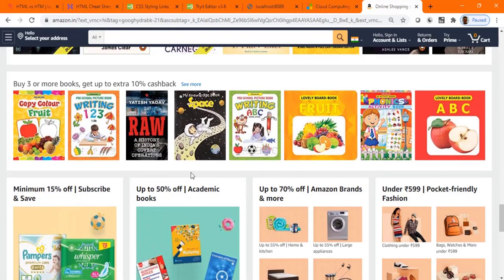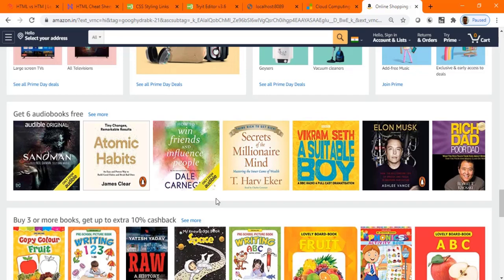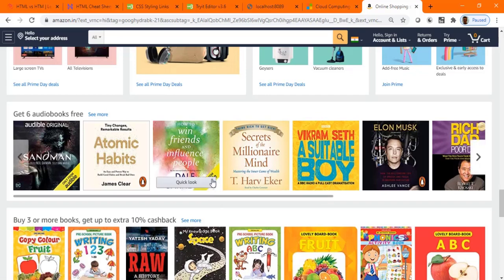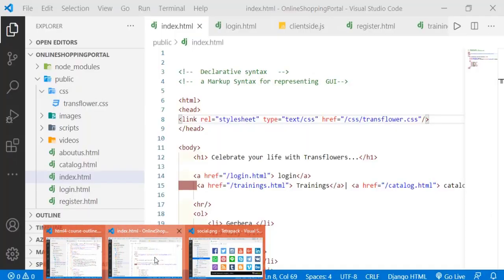So think about it: if you really want to make such a beautiful, elegant, simple, impressive, responsive website, just HTML will not solve your problem. You have to have a creative mindset. You need to know those HTML controls, you need to know the CSS, and you need to know how to link them together. Then I would say you are going to be a web developer.